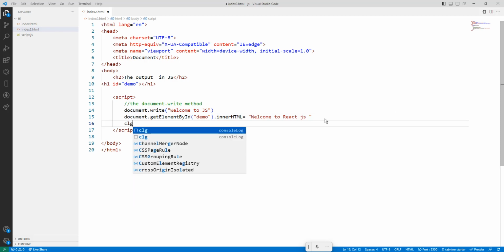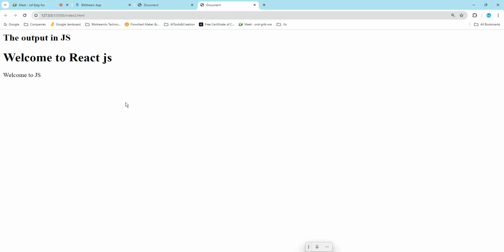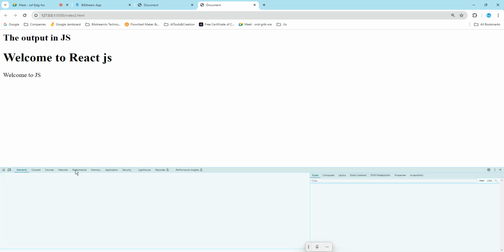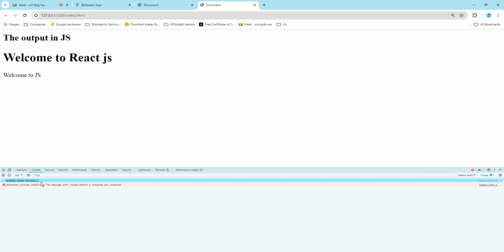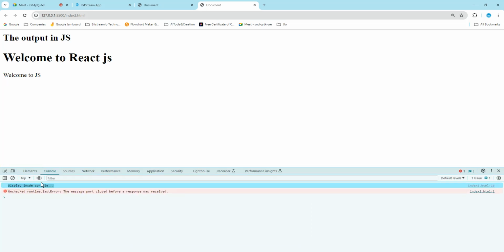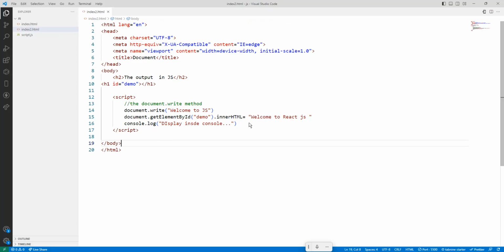The next is CLG. CLG means what? console.log. Okay. Display inside a console. Control S, we will go here, right click, inspect, go to the console. See here, "display inside a console". So this is document.write, this is document.getElementById, this is console.log. And there is one more, the fourth one, called